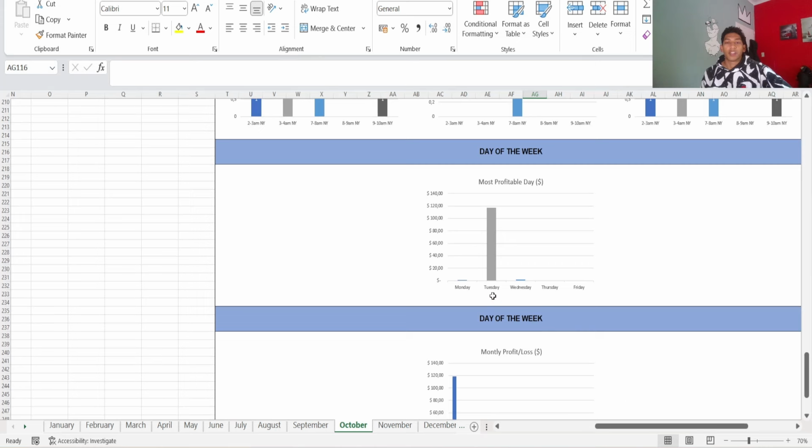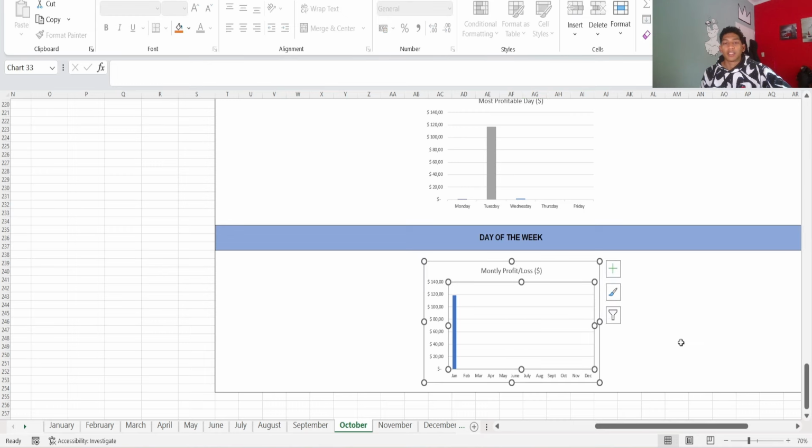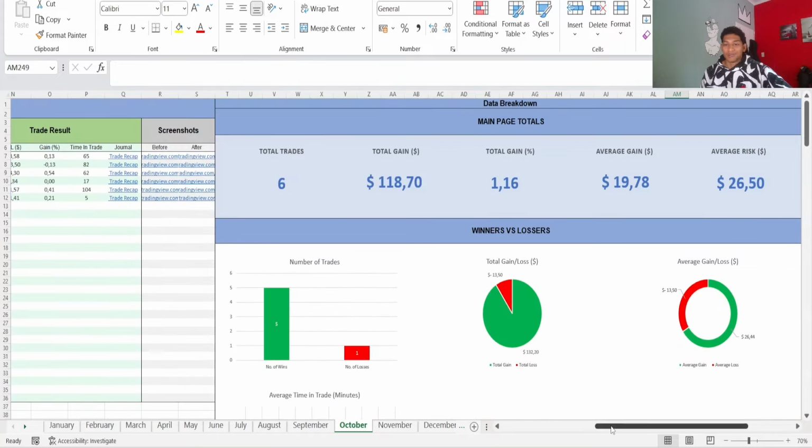I mean, look at that. Isn't that just valuable information? Tuesday is my most profitable day by far. So on the other days, such as a Monday, you should already know that you should be risking much less. And obviously this data is not 100% because the sample size is not that big yet, but as I continue to trade, the more data will come through and be more accurate. And obviously this chart's not working at the moment. I'm going to fix that, but I think it's pretty dope.